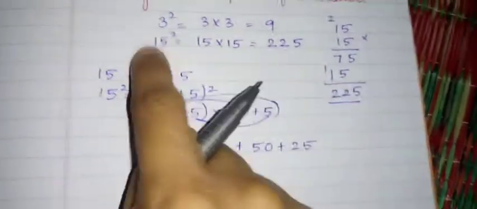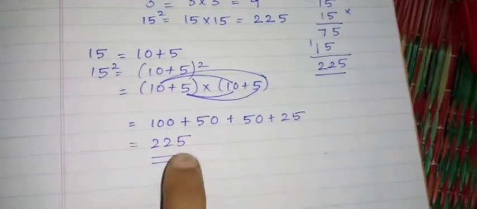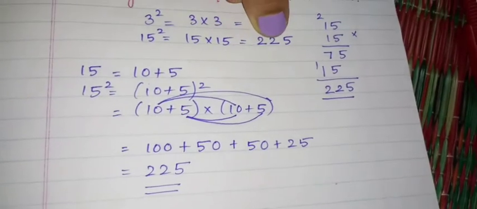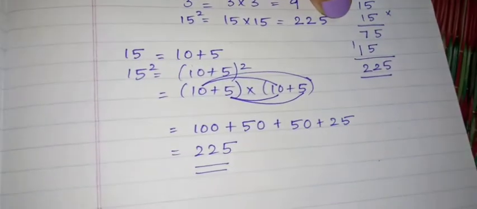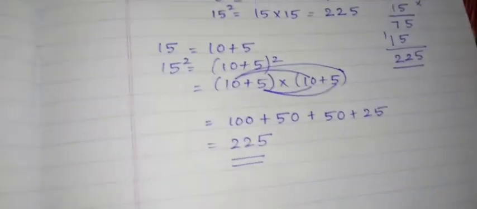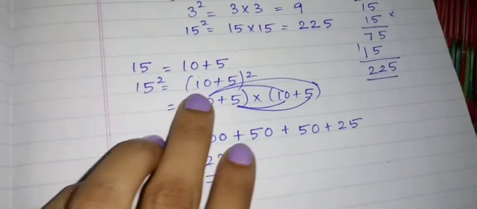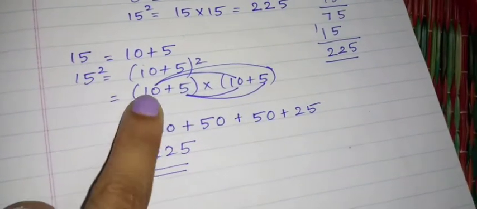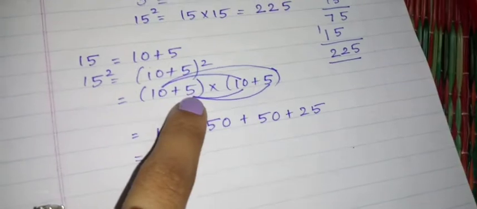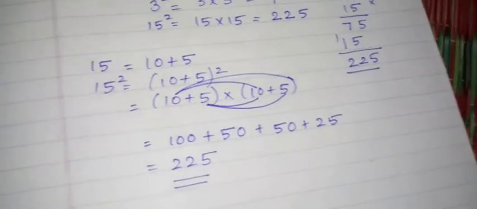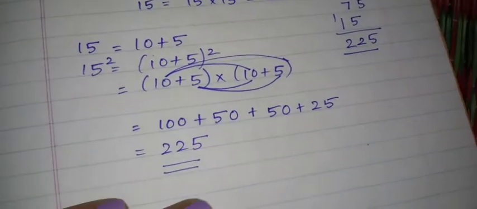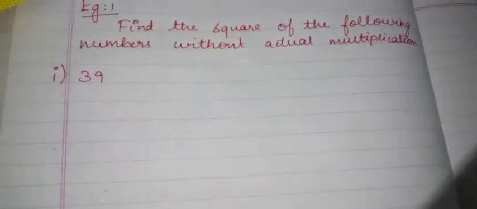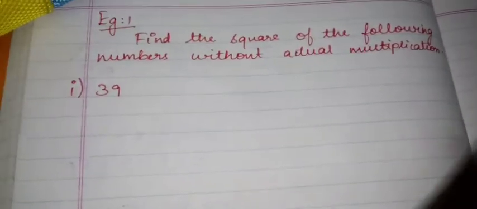See, 15 square, I got 225. So there are two different methods. Since it is 15 square, it is very easy for multiplication and I have done the multiplication. But when it comes to a very large number, this will be easy. So you can separate like this: the whole square, then two numbers multiplication, then one number is multiplied with these two numbers, the second number with these two numbers, then adding all the numbers. This is how I am getting the square of a number. Understood, children?